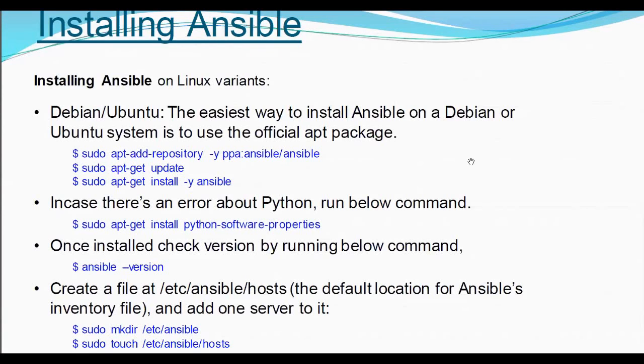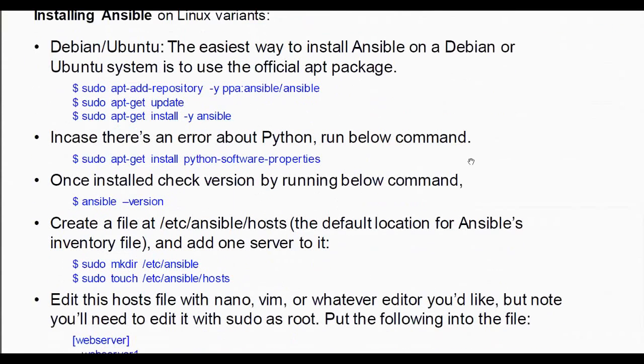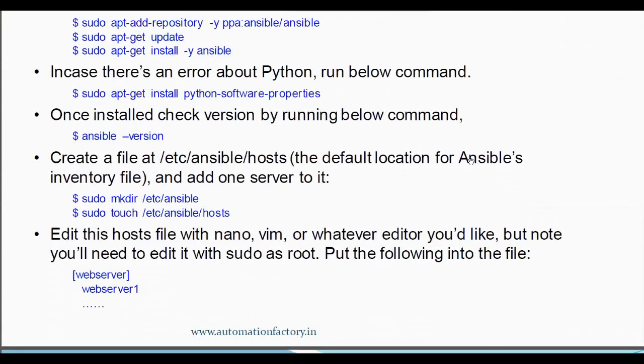It is also available on Ansible's own repository, and you can download it from there. It is available on the Yum repository as well as in your Ubuntu repositories.